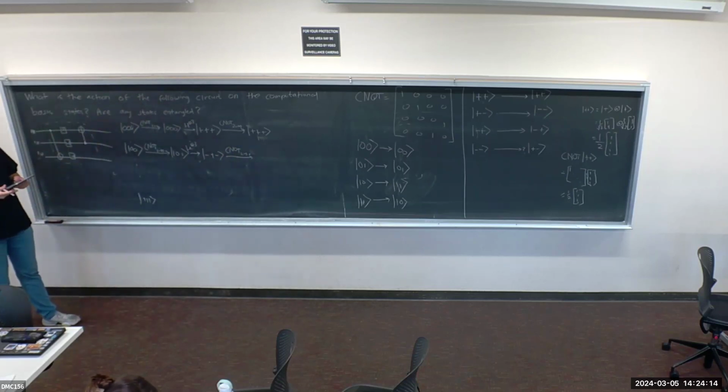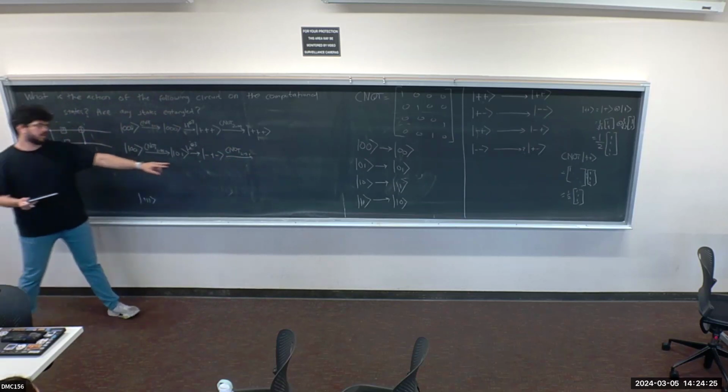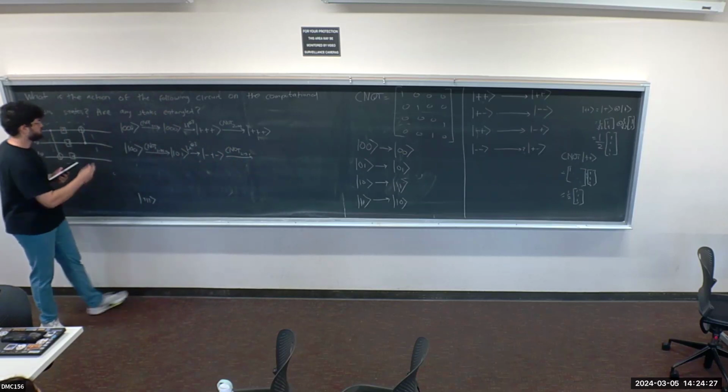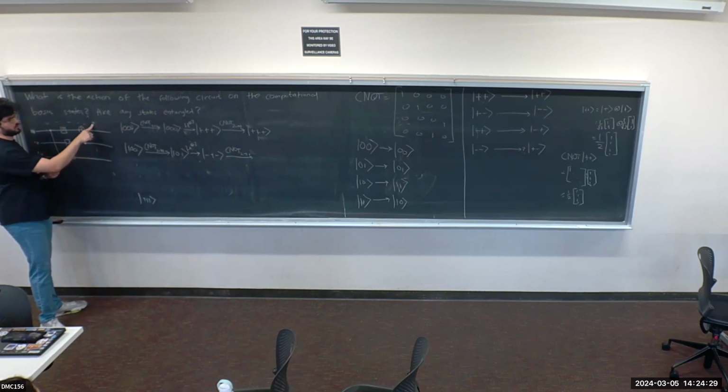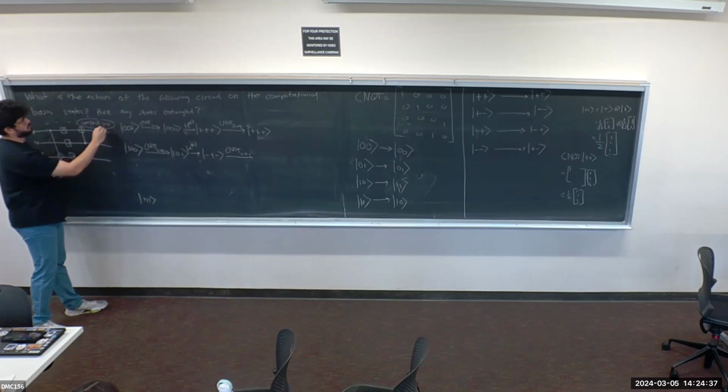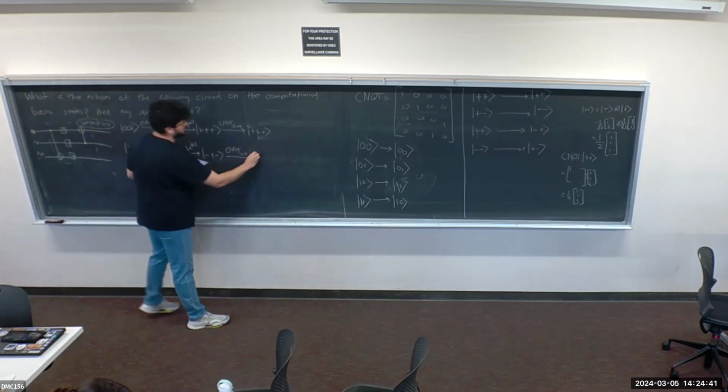Now, the action of C naught from 2 to 1. So our second qubit is the control qubit and the first qubit is the target qubit. Currently our second qubit is the plus state, which is our control qubit, and the target qubit is the minus state. And what is the action of C naught on this? Yeah, it gives you minus minus. So the plus state will become minus. So this will give you